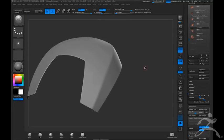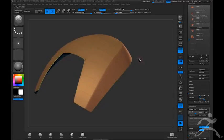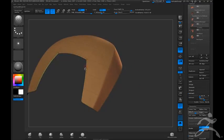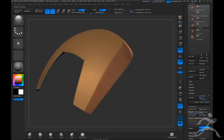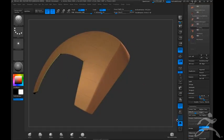Okay. Now, for this model from this point on out, for the texturing, I actually just took the low res out, did a very quick and dirty UV layout in Headus UV. So I did that UV layout in an external piece of software very quickly. And so now what we're going to do is we can't just